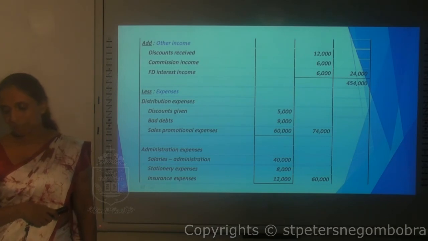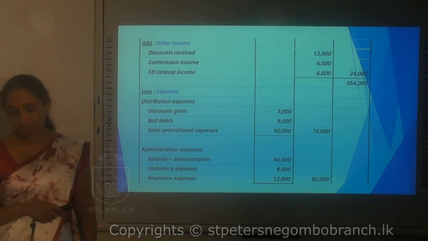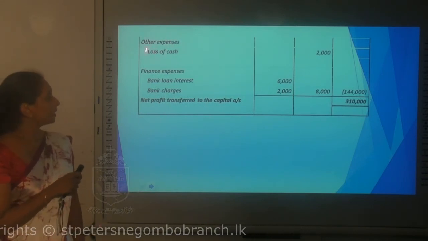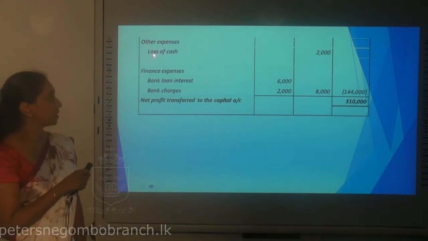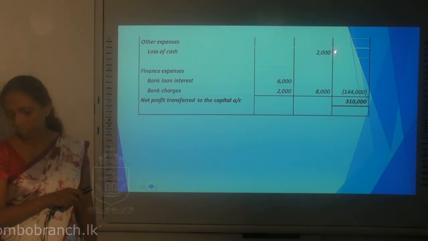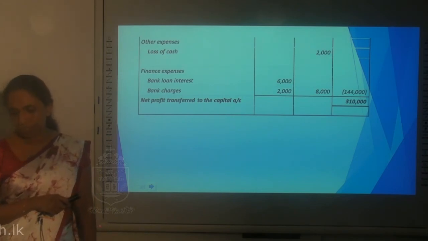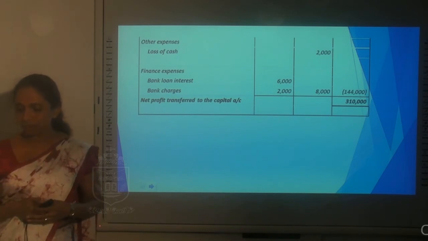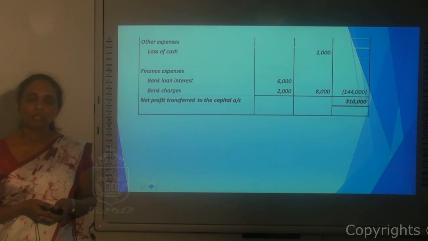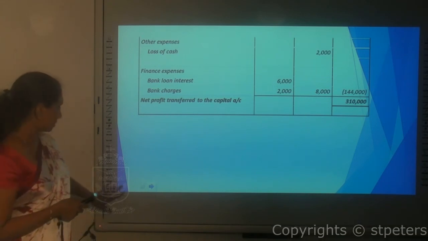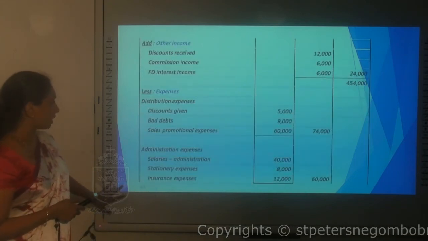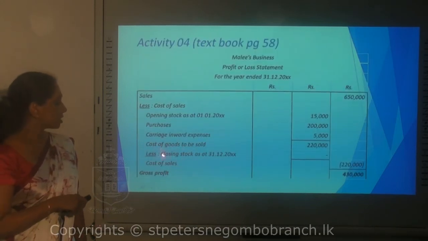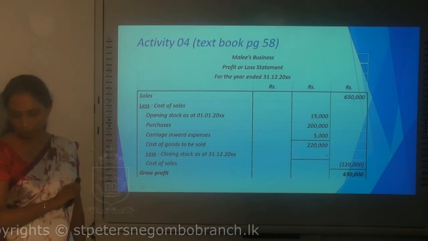And the last item is losses from cash frauds. It comes under other expenses. So under that we can mention the loss of cash as 2,000. After the line items, there is another statement saying all the goods purchased have been sold. So are there any closing stocks? No, because all the goods have been sold by the end of the year. So therefore the closing stock value is 0 here.